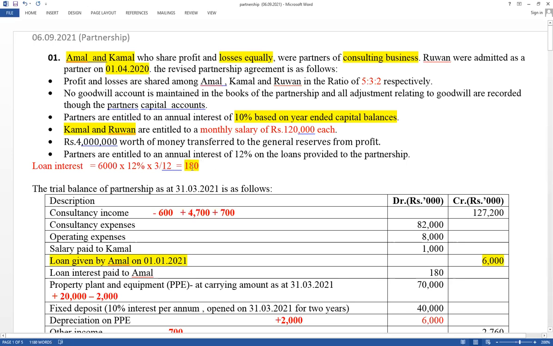This is also an expense and it should be paid to the partner. The loan is given by Amal, therefore this one is Amal current account credit. As well, the trial balance has loan interest paid to Amal, which should be recorded separately. First one, how is loan interest recorded? Loan interest expense account debit, current account credit. This value should be considered as an expense as well as current account credit. And it has given loan interest paid in cash also. All the paid amounts for partners should be recorded on the debit side of the current accounts.